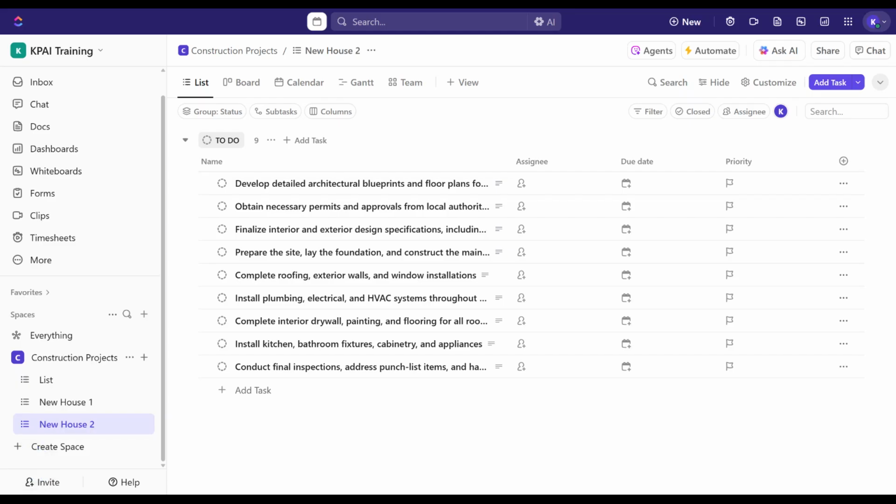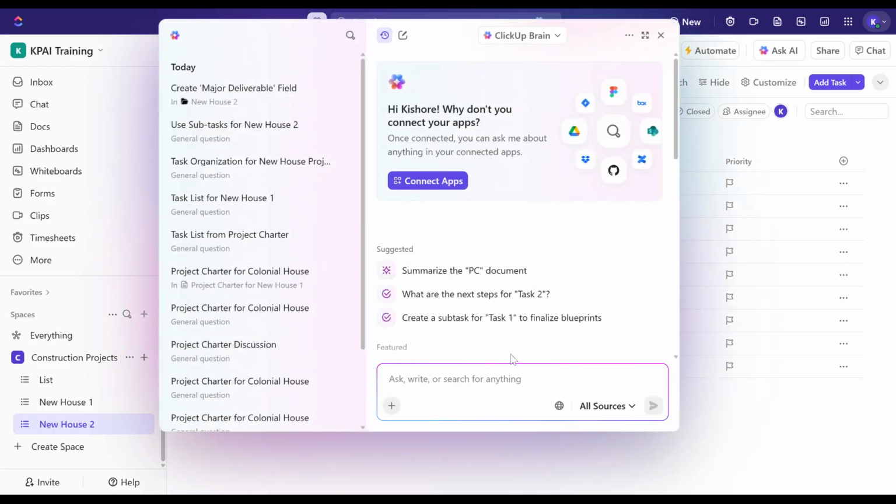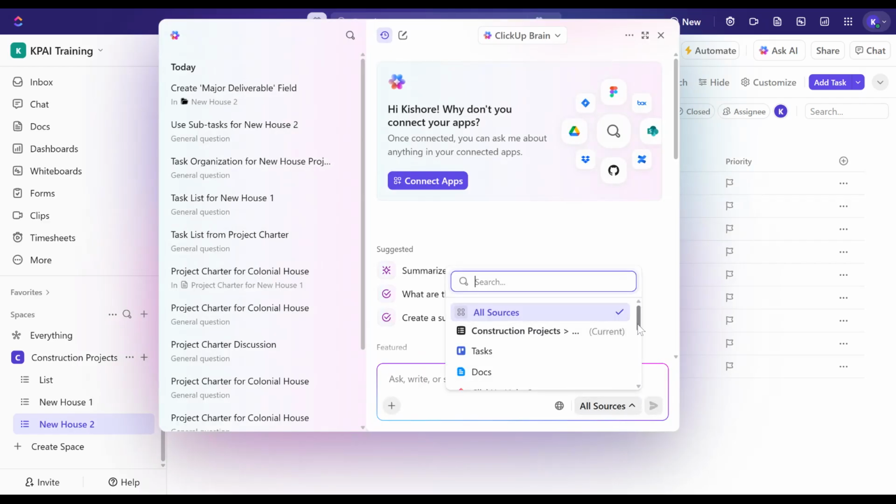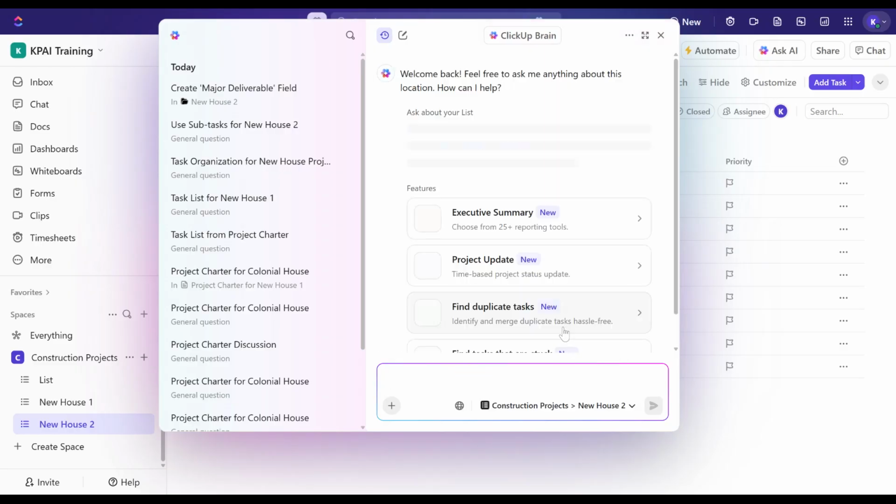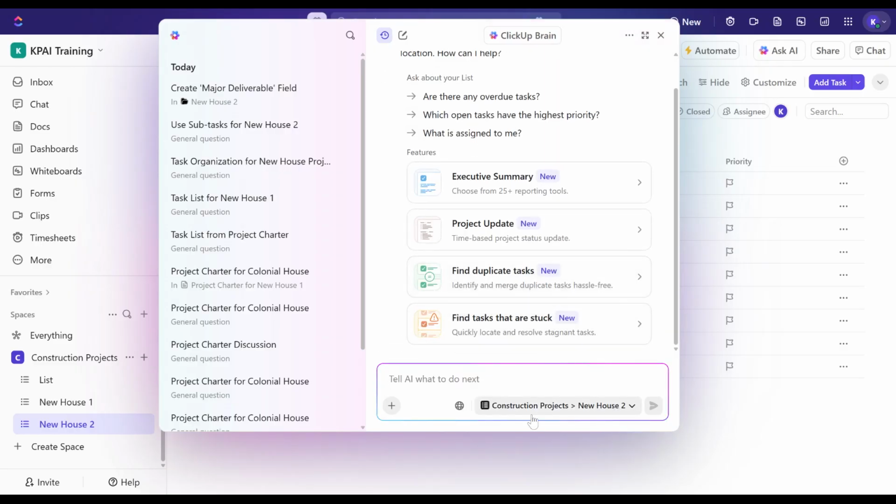Now we'll ask AI to create a column, a custom field, and we will say the options for the custom field for each of these tasks are the three major deliverables coming from the project charter. So let's do that. AI button right here, and we'll say create. First of all, we'll have to make sure we tell AI right here that we are in new house 2. If it doesn't work from here,